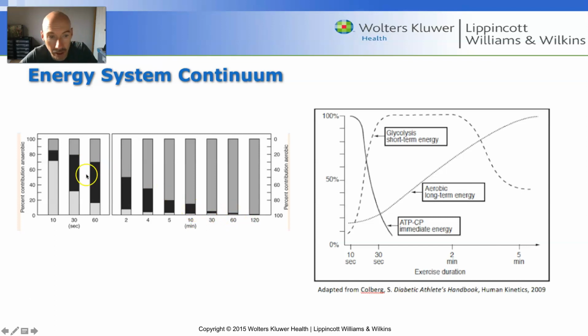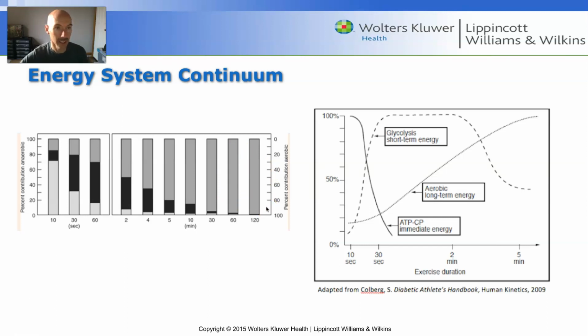But as that time increases, glycolysis also starts to diminish, still is contributing, but the percent contribution is shrinking. At the same time, the contribution from aerobic metabolism is increasing to where by the time you get beyond an hour, the vast majority, over 90% of the energy is coming from